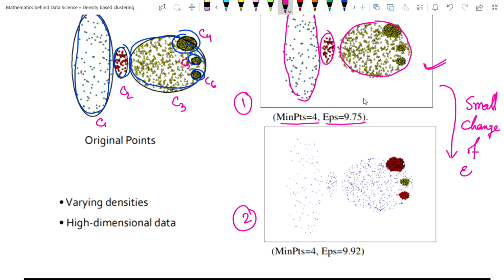Just see how dramatically the cluster has changed. With just a small change of epsilon, we see it's a single cluster, it's one. Okay, it's totally different.